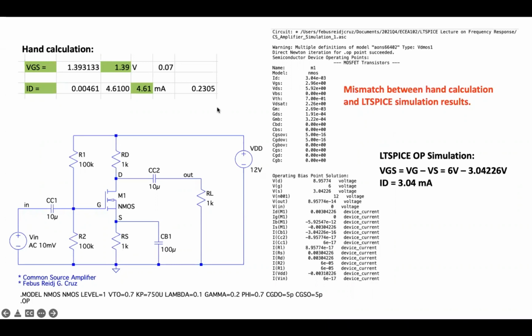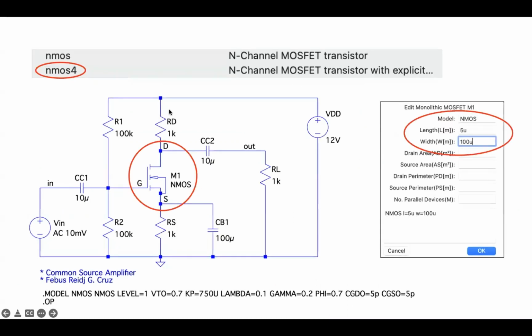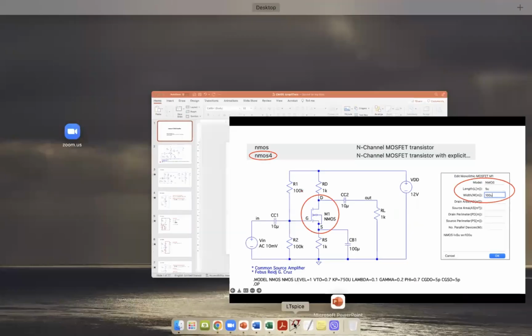Now, it's either you correct the hand calculation, set the W over L equal to 1, or you can adjust the LTspice. So what I did, I adjusted the LTspice settings by changing the M1, the transistor M1. Instead of using the NMOS component, we can select the NMOS 4. Ito yung pwede nating gamitin, no? So, for example,